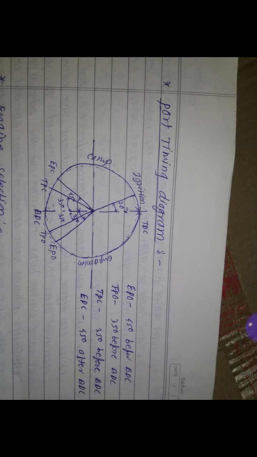So in the working of a two-stroke engine, the two-stroke cycle completes with two strokes of the piston and one revolution of the crank. That means the crank rotates 360 degrees for completion of one power cycle. So during this angle, compression, expansion, ignition, these processes take place. So if you see the diagram, the exhaust port opens.